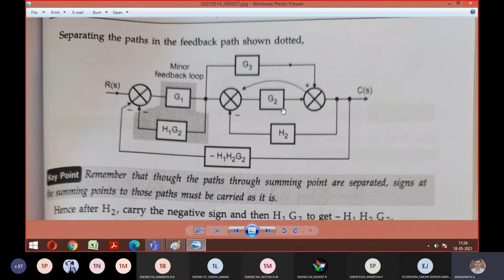There are two summing points in between G2. If either one was not there, then you could have reduced this path too. So what should we know? There comes your reduction technique for the summing point. If you move the summing point before this, what will happen? This summing point will come here. Then also we can't do any change. We need to interchange these two summing points in such a way that this summing point and G3 are separate, and this summing point, G2, H2 are separate. Agree?